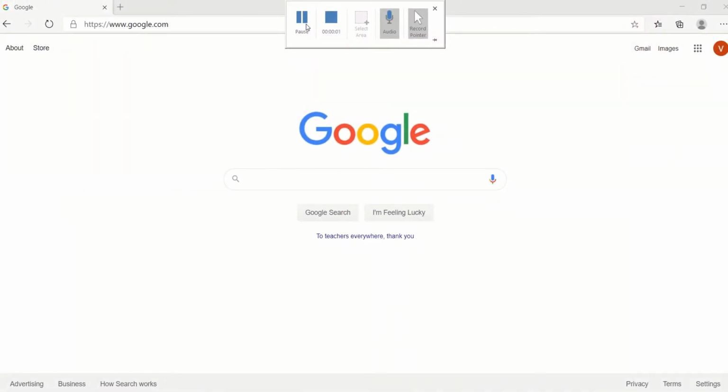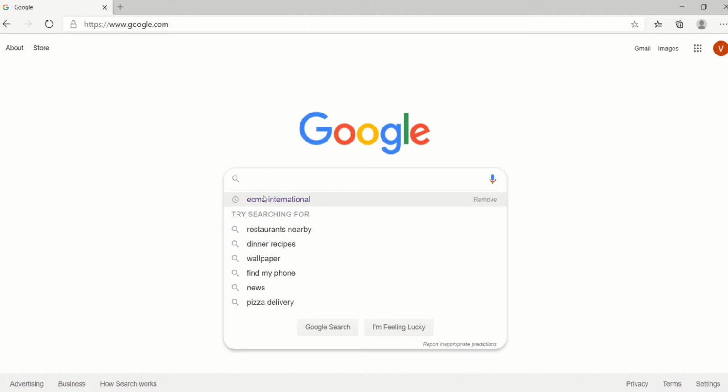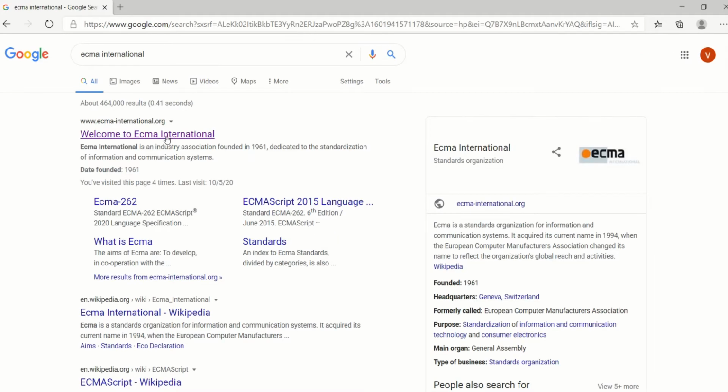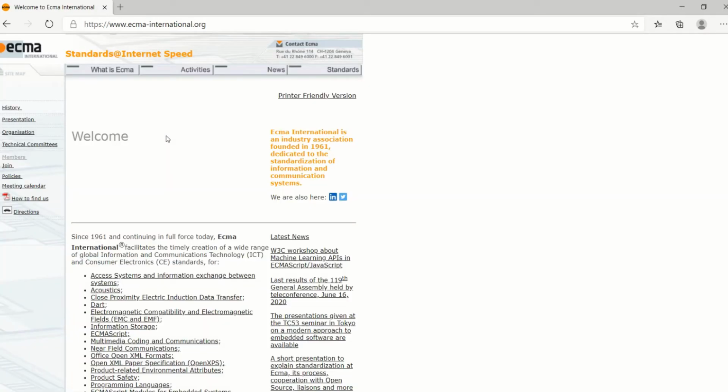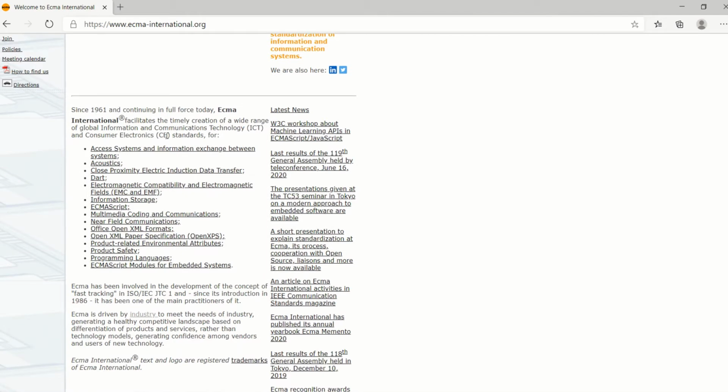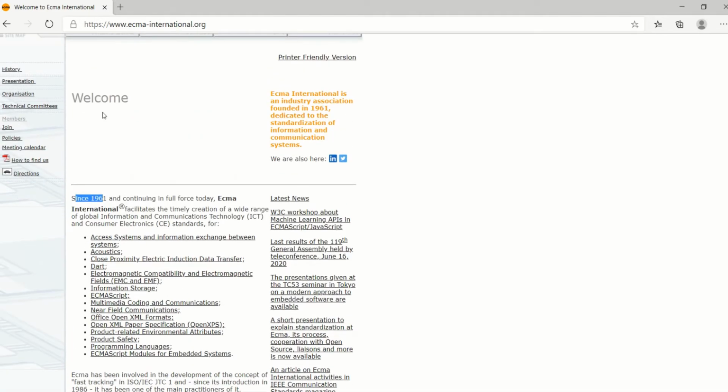Now let's explore ECMA International. So I will go to google.com and I will type ECMA International here. I will click on this link and this will direct me to the ECMA International website. So let's explore here. As we can see, this organization was created in 1961 and let's look at the members of this